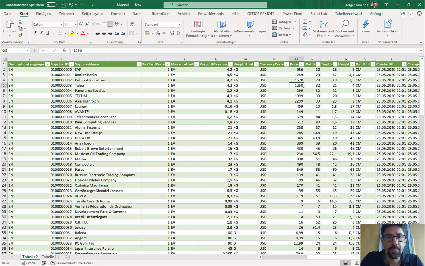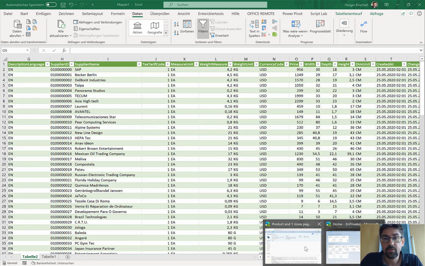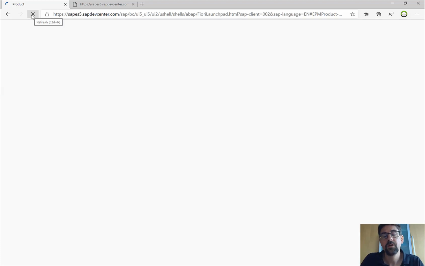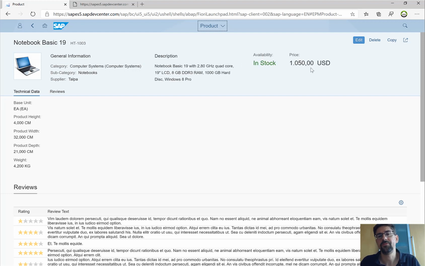But if I do a refresh, so if I go to Data and click on Refresh All, then obviously the price should hopefully also be reflected here. Yeah, we're on 1050 now, and obviously similar here. If I do a refresh on this specific screen, since the single source of truth is my SAP system and we're just exposing the data via OData, this price should also be adjusted and changed to 1050. Here you go. You already see the 1050 here in the screen.